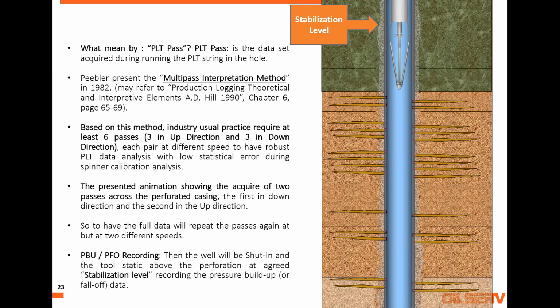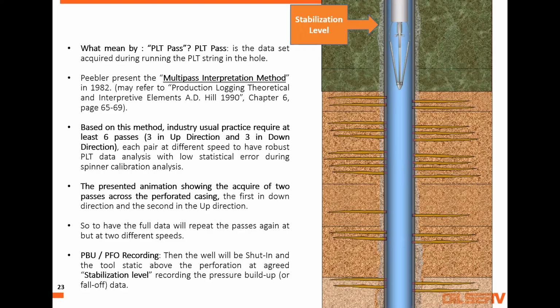Okay, sorry, you mentioned something: you need to make sure it's going straight without any deviation, correct? Because that can affect the measurement. You can consider this a deviated well. Up to 60 degrees, it's the same procedure. Whether it has been conveyed by slickline, wireline, or coiled tubing, there is no difference. The procedure is the same: 6 passes, then you stop at an agreed level above the perf, like 5 to 10 meters above the perf, and make the pressure buildup.